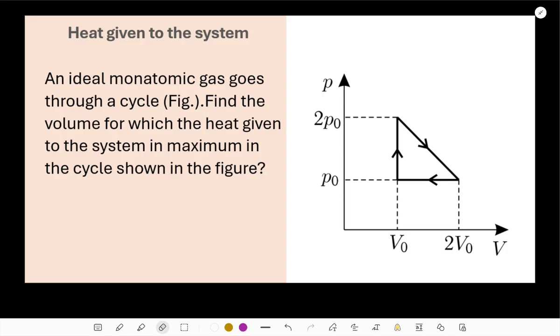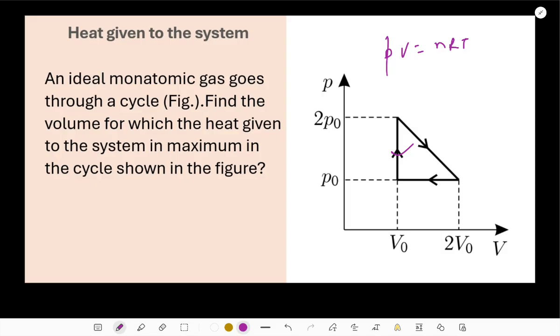As far as I can see the cycle, the first part of the cycle is an isochoric section, and in this section P increases. So open the book of PV equals nRT. Since P increases, V remains constant, that means T increases. That means change in internal energy is positive, and according to the first law of thermodynamics,